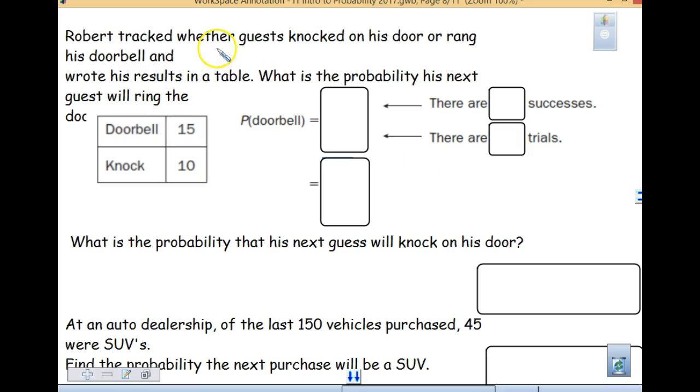So, it says Robert tracked whether guests knocked on his door or rang the doorbell. He wrote his results in the table. What's the probability the next guest will, in this case, ring the doorbell? So, doorbell and knock. First thing we want to know is what is our total, which is 35. No, 25. 25. So, probability doorbell, we are talking about that there were 15 successful outcomes for that, right? Out of our total of 25 trials,